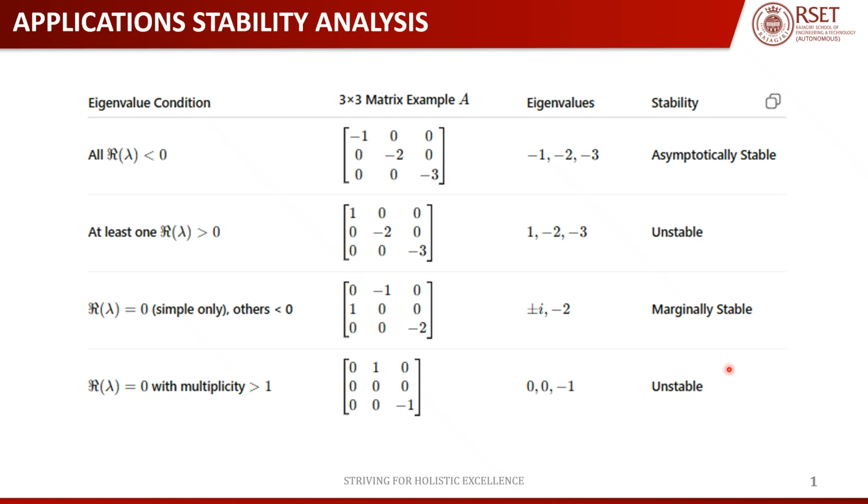So just remember this: if all the real parts are less than 0, then it's asymptotically stable, and if at least one real part is greater than 0, then it's unstable. And if the real part of lambda is equal to 0 for a simple eigenvalue only, and the rest are less than 0, then it's marginally stable. And if the real part of lambda is equal to 0 with multiplicity greater than 1, then we say it's unstable. Okay,